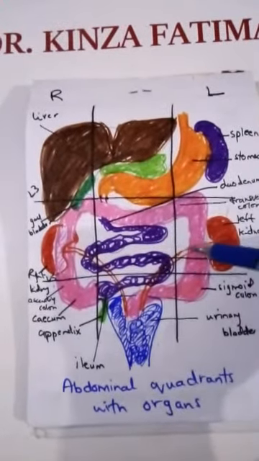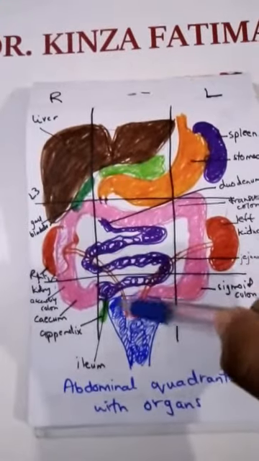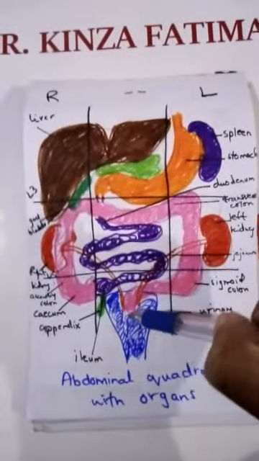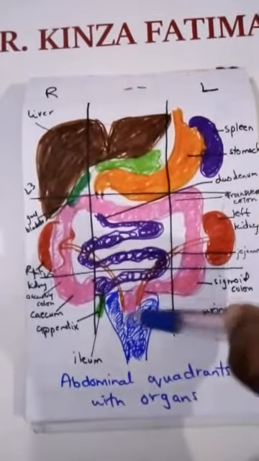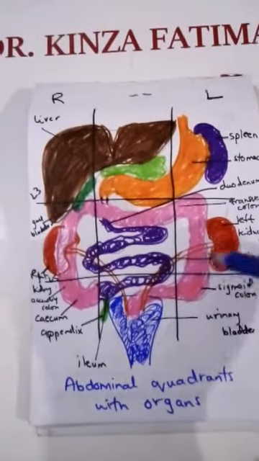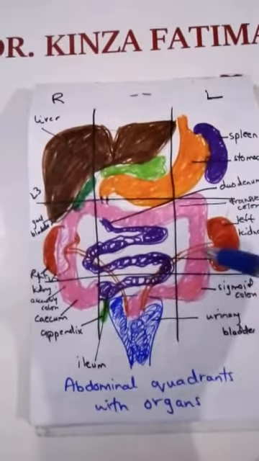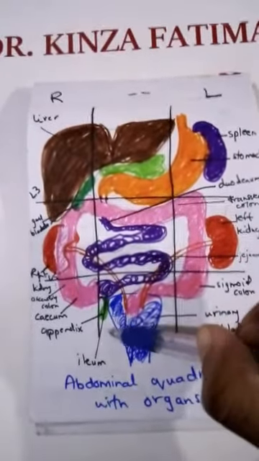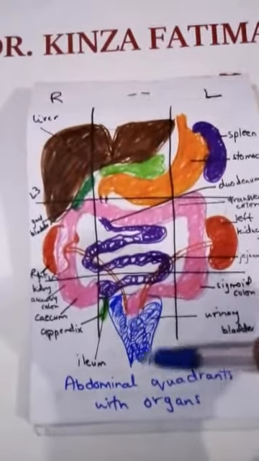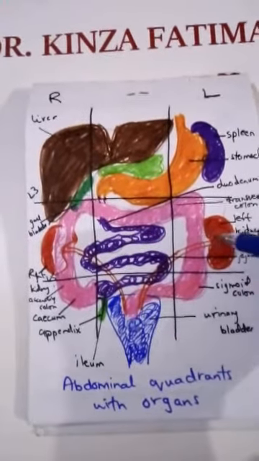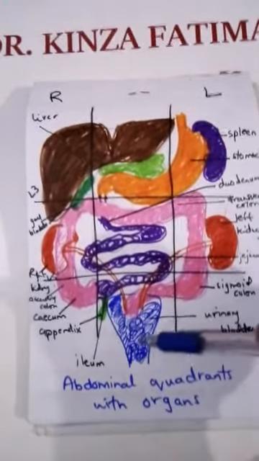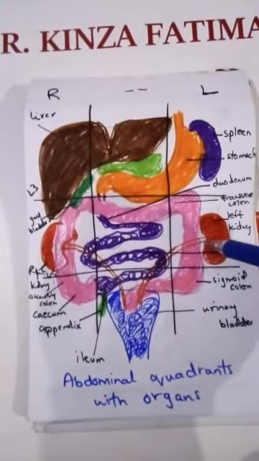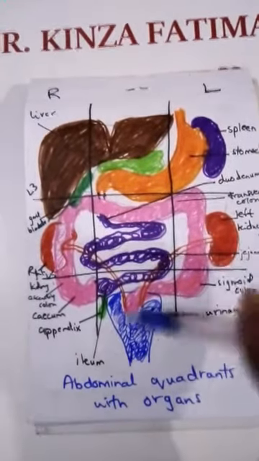And if there is a stone in the ureter, then the pain will occur from the lumbar region to the hypogastrium. So a pain radiating from the lumbar region to the hypogastrium shows that there is a ureteric stone in the ureter, because the ureter is extending from the lumbar region to the hypogastrium. And if there is any urinary tract infection, it will ascend from the hypogastrium to the lumbar regions. Urinary tract infection will ascend from the hypogastrium to the lumbar regions, and ureteric colic will descend from the lumbar